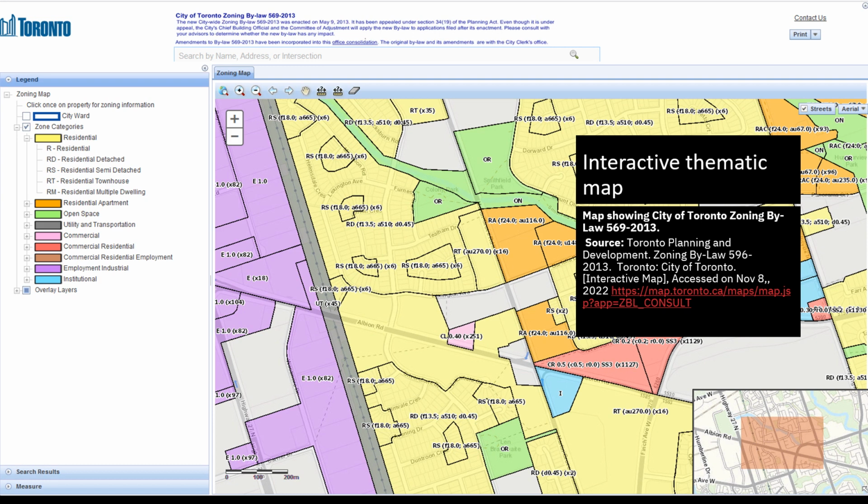In comparison, some thematic maps are in the form of an interactive map. This is an example of a map of Toronto's zoning bylaw 569/2013, which depicts the various zoning categories in the city. This interactive map allows you to zoom in on areas of interest and identify the zoning categories, and how they're divided and subdivided. The colors represent different broad categories like residential, commercial, institutional, or open space. Here again, underneath this thematic data lies a base map layer of the city of Toronto.